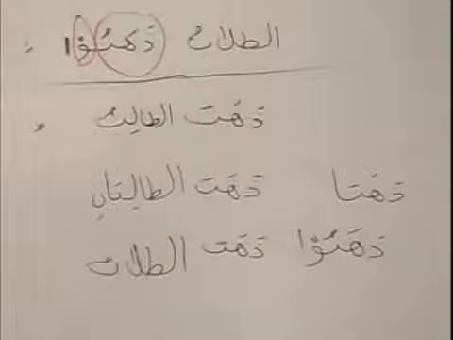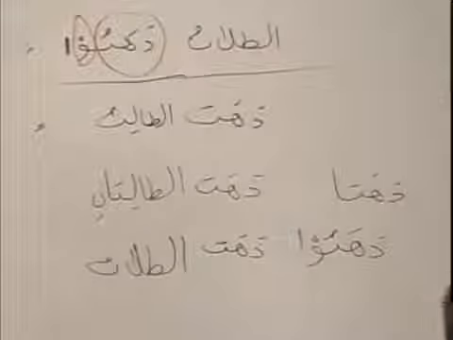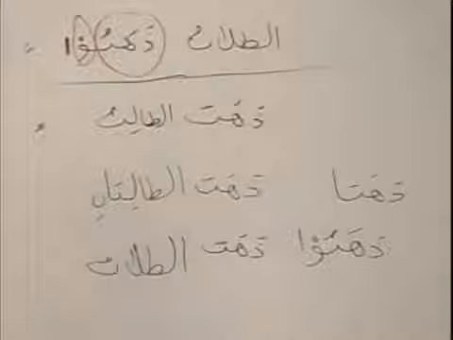You can't have two fa'ils in a sentence. So what do we understand out of it? We understand that if you start a brand new sentence, and the verb is in third person,